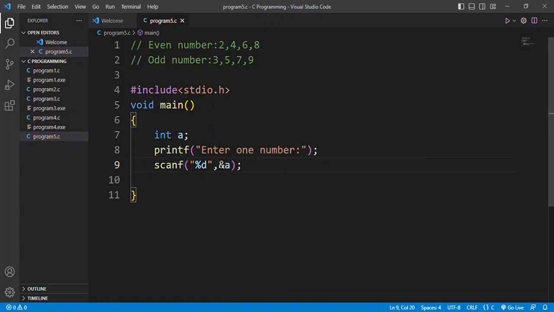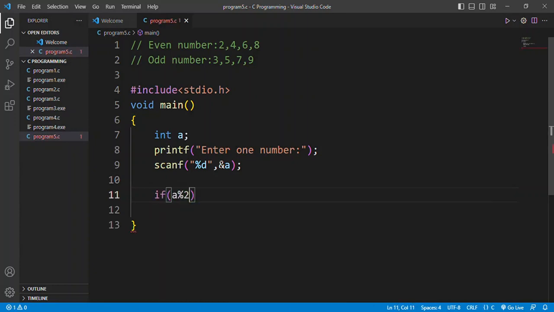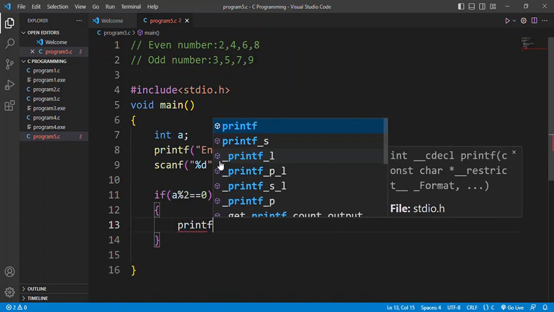And now, to check whether an entered number is even or odd, what do I have to do? I will use a conditional statement here. Basically I will use an if else statement, right? So what I will do, I will simply divide the entered number by 2, and if the remainder comes out to be 0, then that number is an even number, and if it is not so, then that number is an odd number, right? So I will write if a modulo 2 is 0, then printf even number,